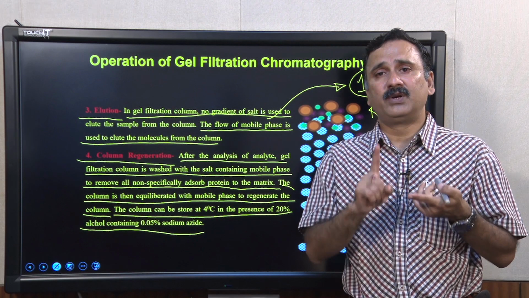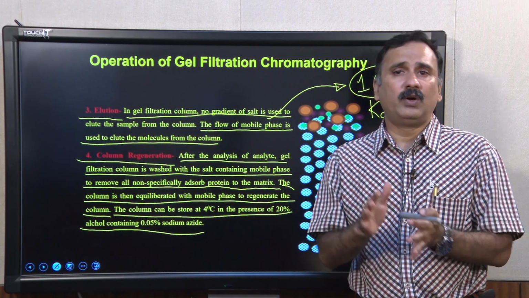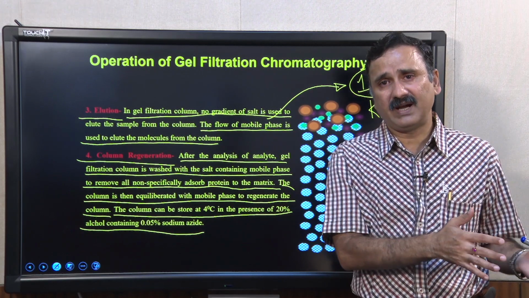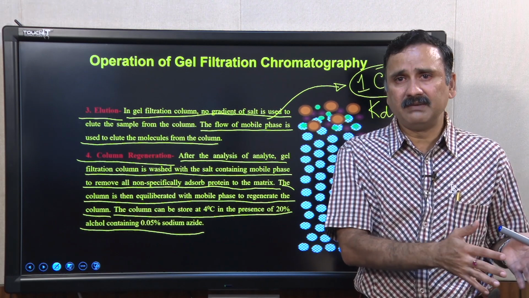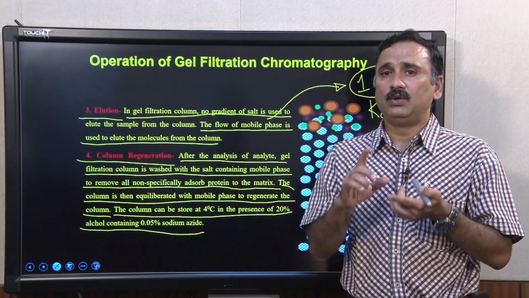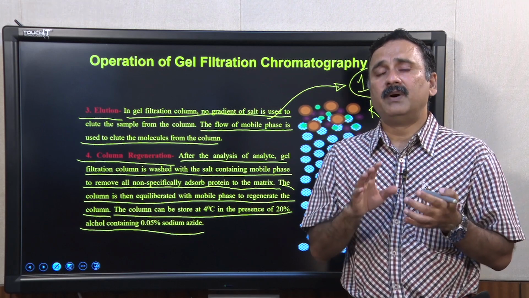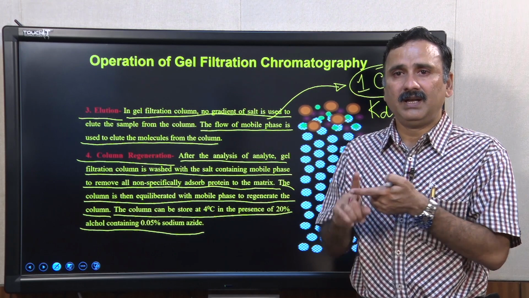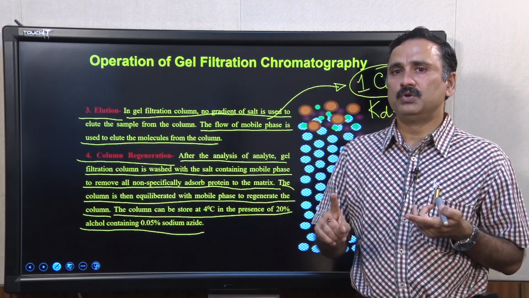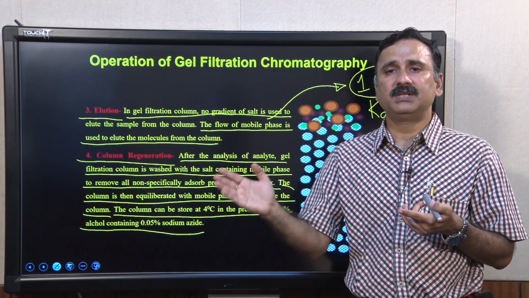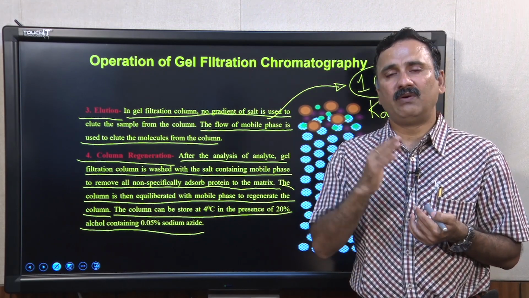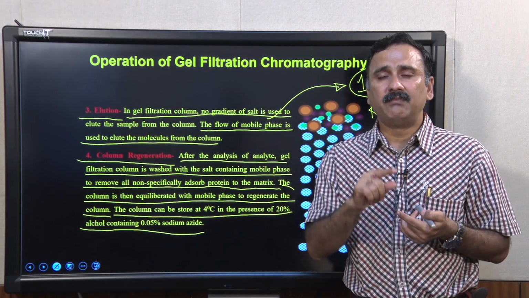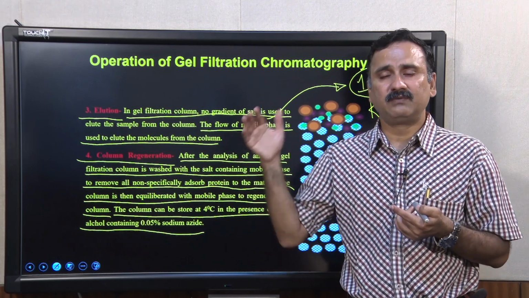Now, here you have to remember, if you are storing a column at 4°, and you are operating this column at 25°C, which means room temperature, it is always important that you store the column at 4°, fine, but if you want to operate, you have to bring it to 25° for some time, and only then should you use it, because when you change the temperature, you are also going to affect the packing of the column, and that eventually is going to affect the separation profile of the different proteins from this column.